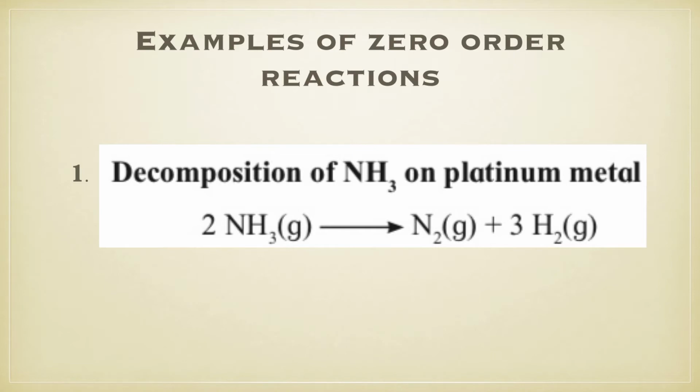So because of that catalyst, the ammonia molecules are forced to come, that means by applying pressure they are forced to come and absorb on the surface of that platinum metal. As a result, that many ammonia molecules are getting decomposed. Therefore we can say that this is an example of a zero order reaction, where the rate of the reaction is independent of the total concentration of ammonia.